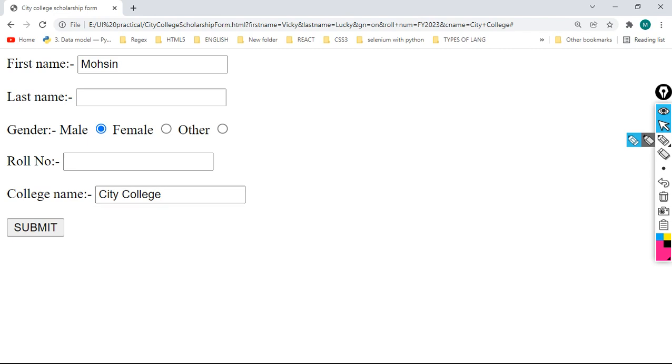What fields are filled? That I will show with a black mark. See, this is the field I have filled with value, but these fields, last name and roll number, are not having any value.